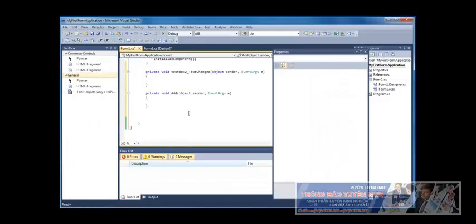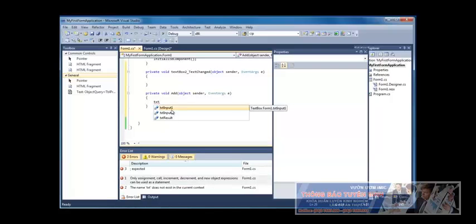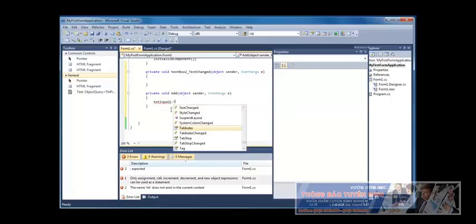So here you can see it's already created now a function that we can use to add those two text boxes together. So the first thing that we need to do is we need to look at how we get the text out of those text boxes. So first thing to look at is we can access all of those text boxes in the code here. So they're all the names that we chose. So I'm just going to go text input 1 dot text,